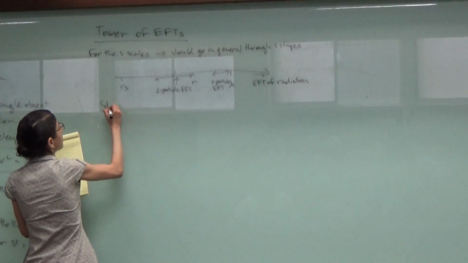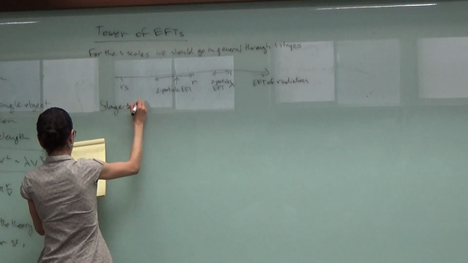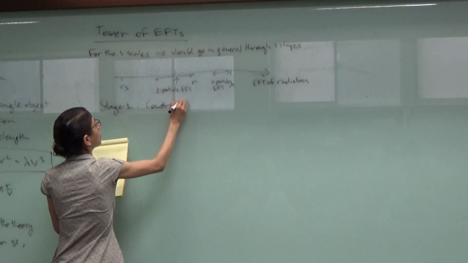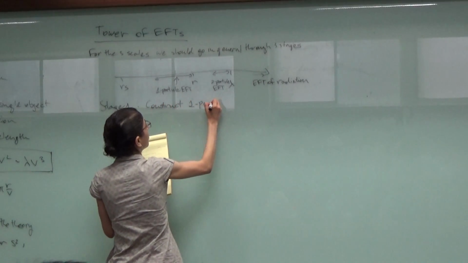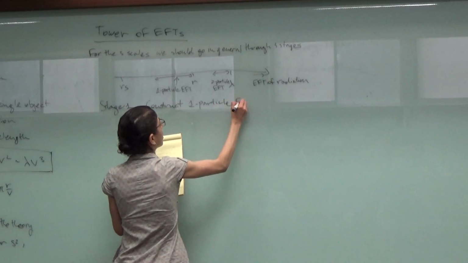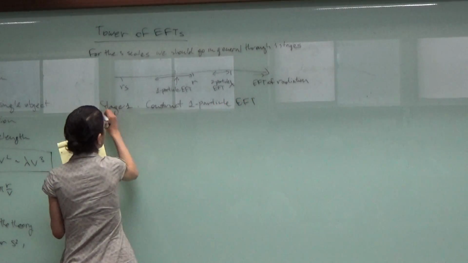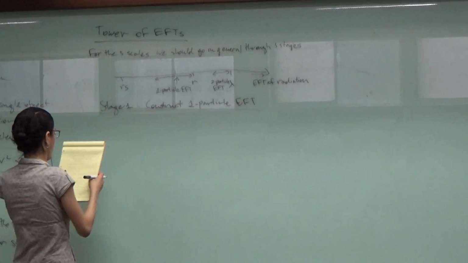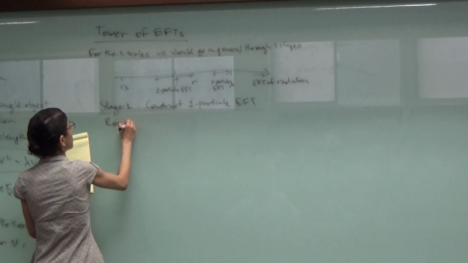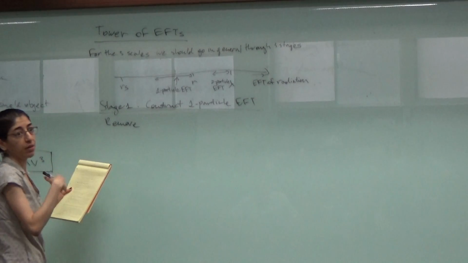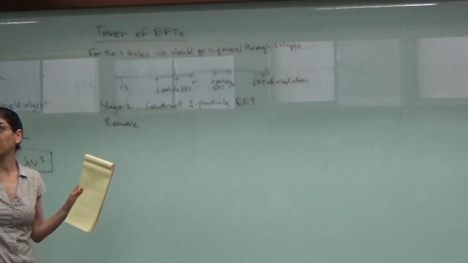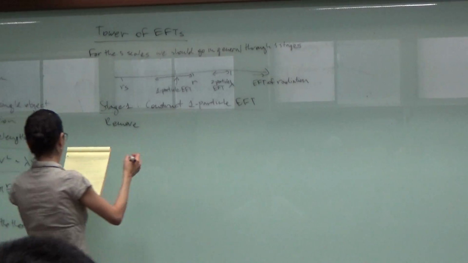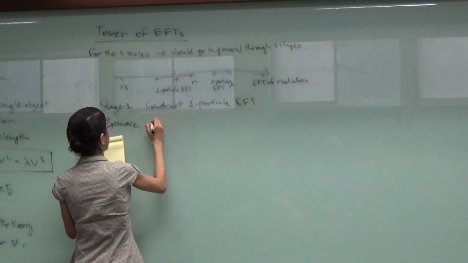So again, stage one: construct the one-particle EFT. So we remove the scalar S. I'm being quick because it's a reminder, right? You remember things from yesterday, right? Yeah. Okay. So I remove the scalar S